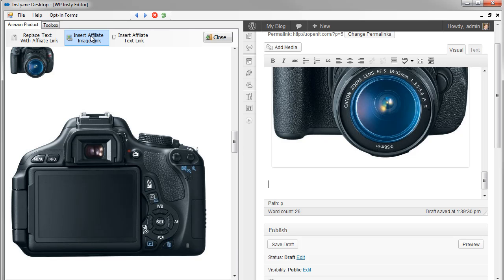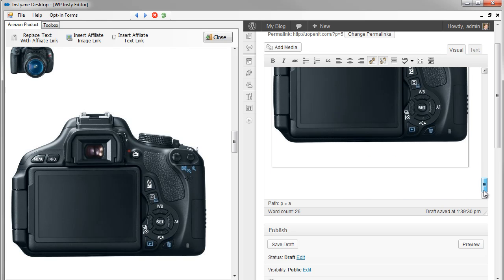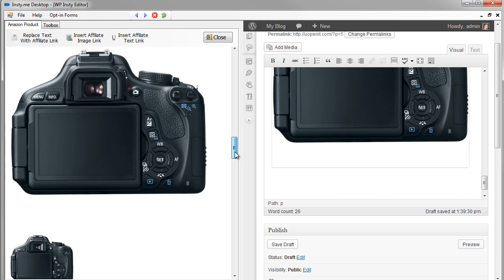It's an amazing affiliate program, and we're really happy to be able to add this module into the InstyMe desktop software. So again, I'm just going to slide another picture in so you can see in just a click or two you can add as many